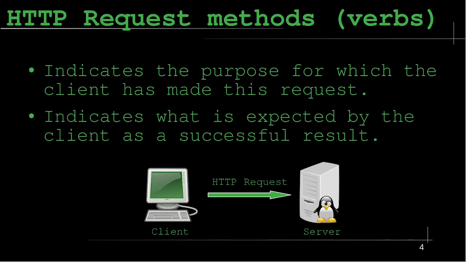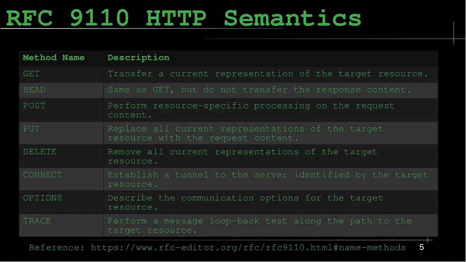Let's look at the different HTTP request methods available and what their purposes are. We already briefly touched upon the GET method. The GET method requests a representation of the specified resource. Requests using GET should only retrieve data. This is the default method used by web browsers when you type a URL or click on a link. GET requests can be bookmarked, cached, and saved in browser history. GET is likely the most commonly used HTTP request method.